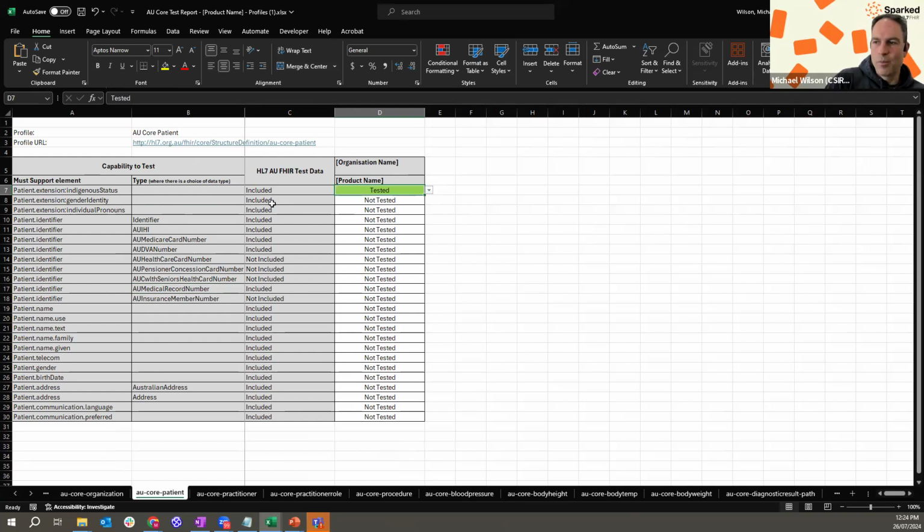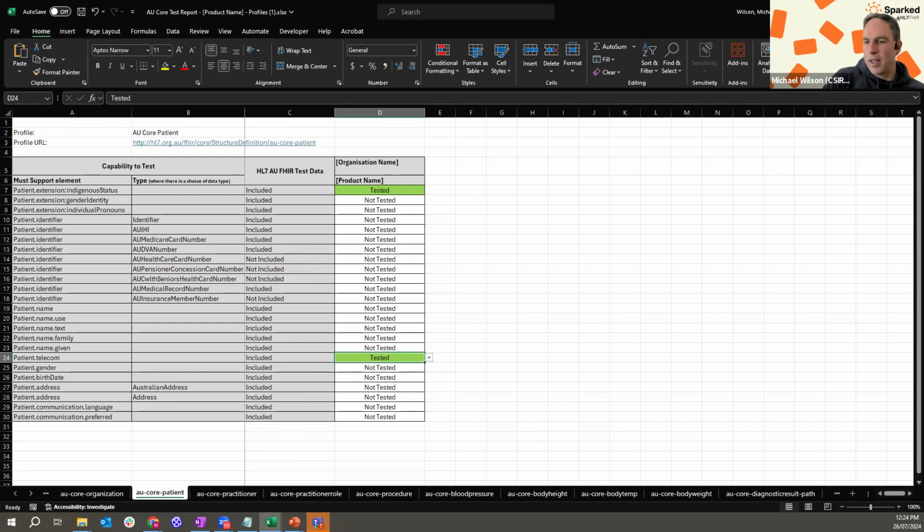We've also got a column here which says, if you're using the HL7 AU test data which we've provided, whether that was covered in that test data. We don't have full coverage in that test data. We're continually evolving it and building it out. But this gives you an indication of what coverage there is. These things are included in that test data set. And if you use that, then you can say, well, I tested these things.